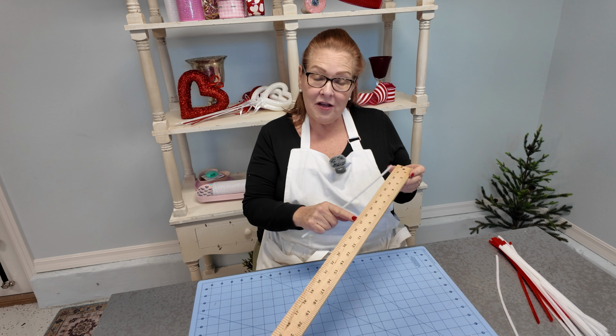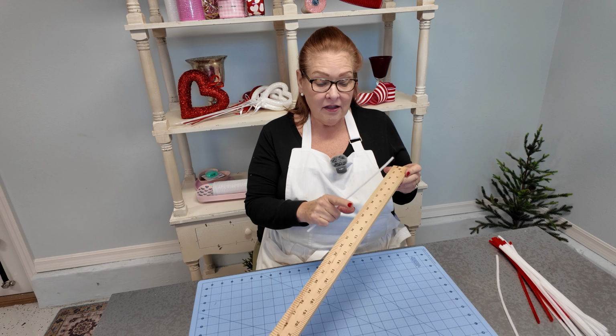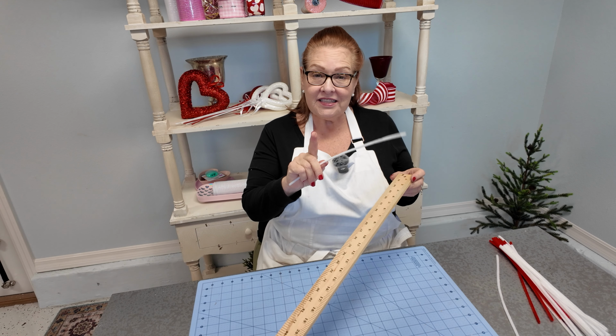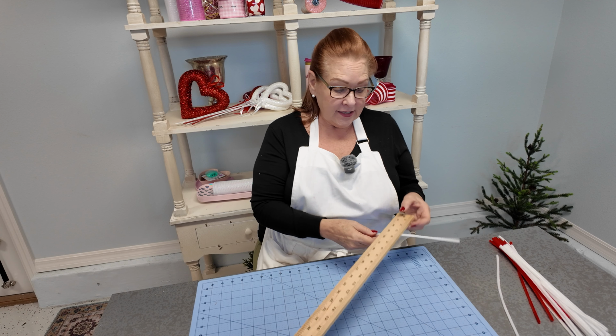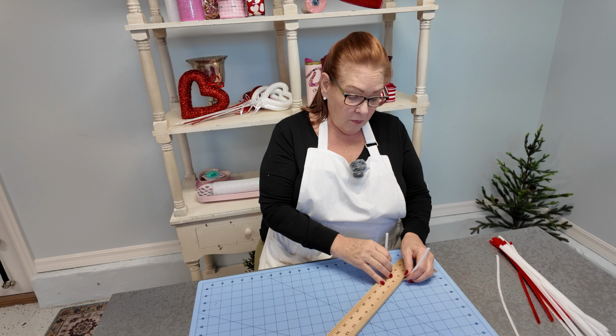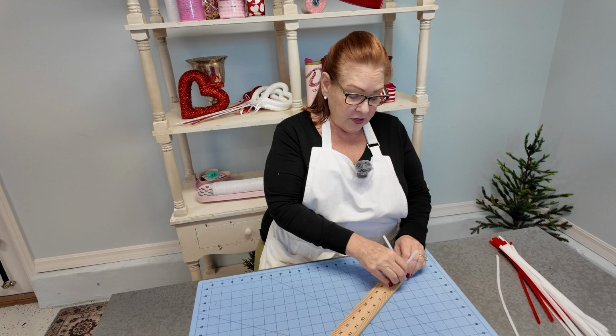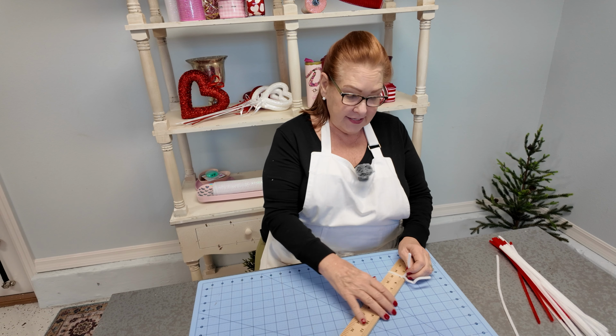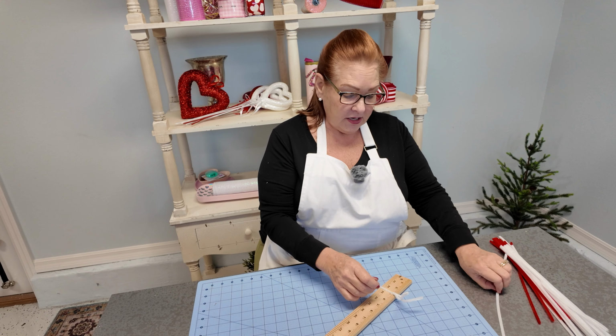Today I'm going to show you how to make a yardstick swag for Valentine's Day. We're going to get started with step 1. I'm going to take 2 white pipe cleaners on my yardstick and twist them really tightly because we don't want